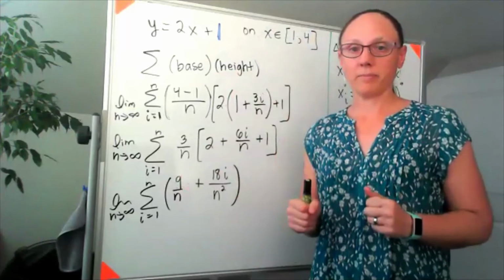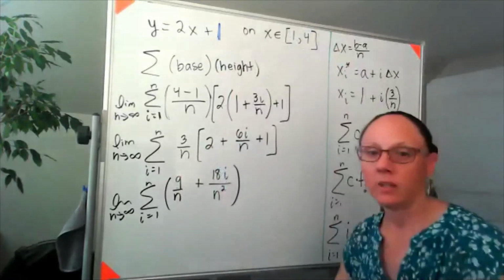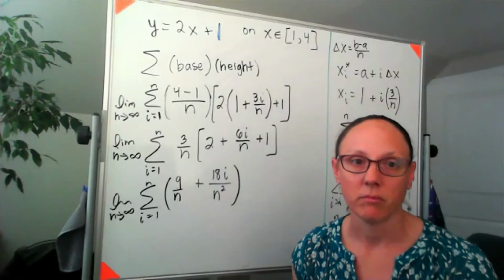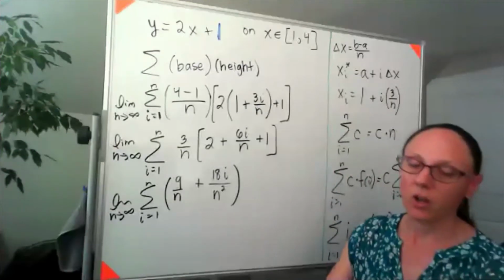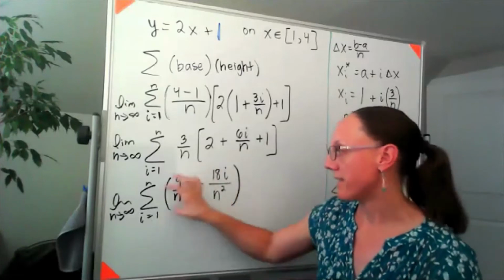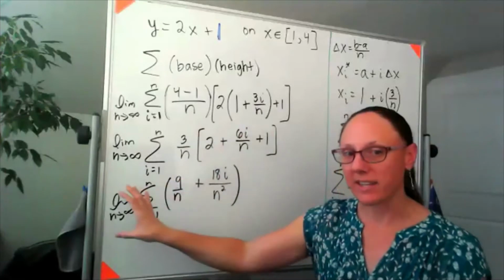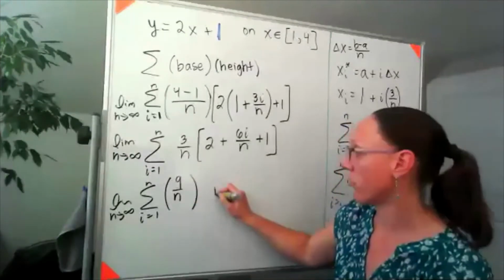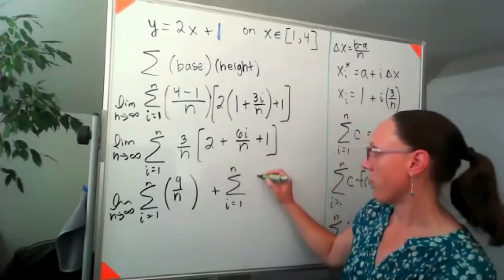Hold on tight, we're almost done. Just a couple more steps. This next step, the sum of the sums is the sum of some sums. That sounded terrible. All that really means is that if I'm adding up two pieces that are already added up, I can add them up separately. So I can take this and break this apart to say we're taking that sum over there plus this sum over here,